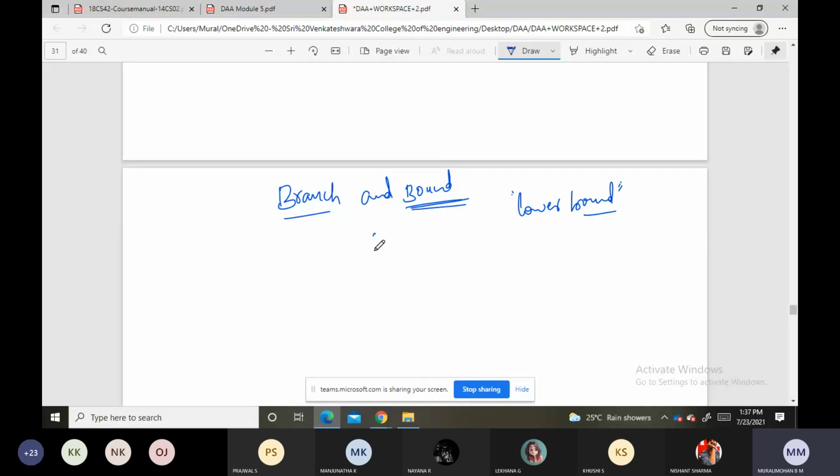So here, suppose this is the root, and this way we are writing the state space tree, right? Whereas in the case of branch and bound, in the first step only we will check whether this is a promising node or a non-promising node. If it is a promising node, then only we will continue further. If not, we will cut this and go with different solutions. So how to decide whether to proceed or to leave here itself? We can decide by taking the lower bound constraint.